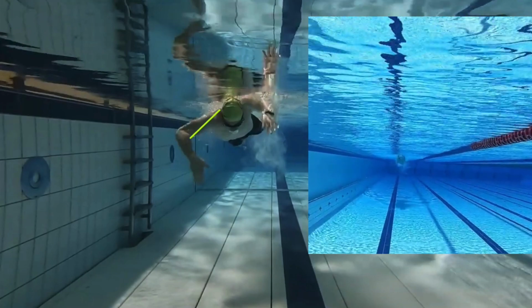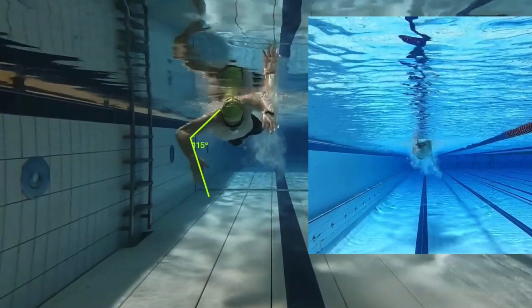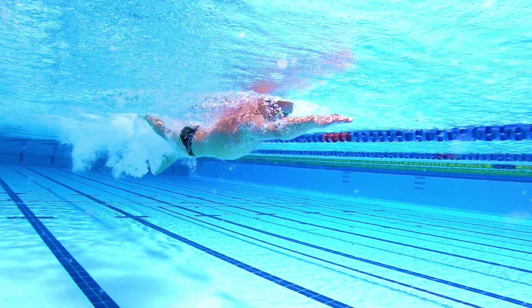I think he's better off going slightly deeper with it, opening up that angle a little bit to get somewhere around that sort of range. Now we call this position the power diamond. So if you had both arms in that position, it kind of looks like a diamond front on as you're about to pass under the shoulders there. The reason why you see most elite swimmers in that sort of range is because...